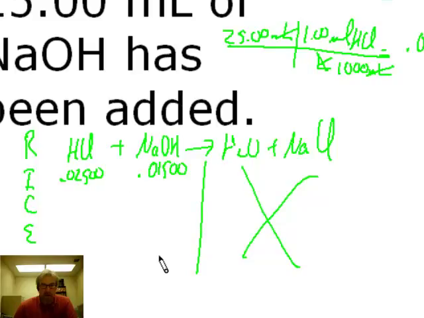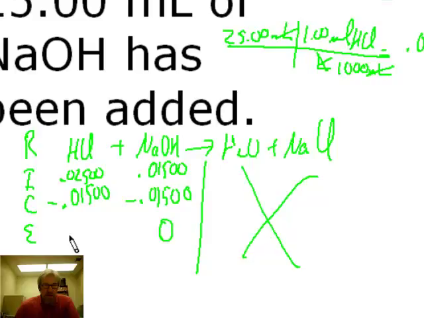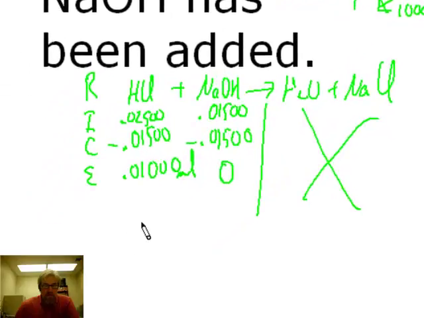Well, if I look at these, there's one-to-one stoichiometry, and so that means the fewest number of moles is going to be the limiting reactant here. So what's the change? I'm going to lose all of the NaOH, all 0.01500 moles. And since it's one-to-one stoichiometry, I'm also going to lose 0.01500 moles of HCl. So when this is done reacting, I would have in my flask no NaOH, and I would have the difference between 0.02500 and 0.01500, which is 0.01000 moles. And since HCl is monoprotic, that means I have 0.01000 moles of HCl, or H+,